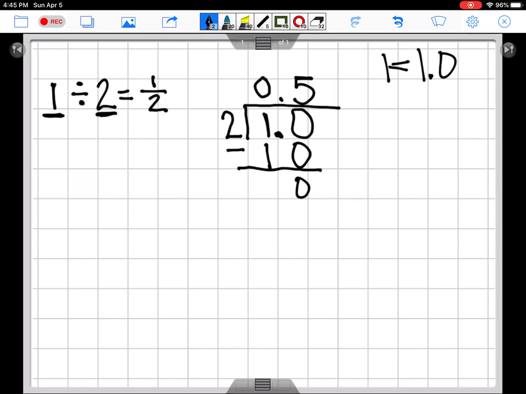We said 10, but what we really did here was say, how many times does 2 go into 1 and 0/10? And we put 5/10. 5/10 times 2 equals 1. All right, team members, there we go. When we write this out for our answer, 1 divided by 2 is going to equal 5